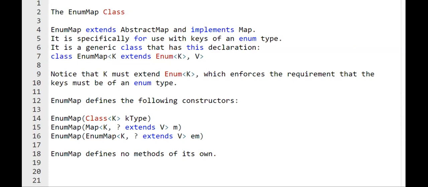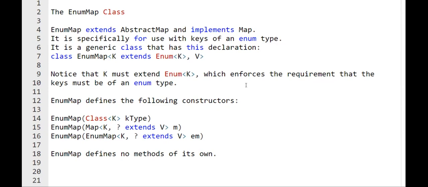The generic declaration is EnumMap<K extends Enum<K>, V>. So the key will be of enum type, and K must extend Enum of type K only. This enforces the requirement that the key must be of an enum type only.